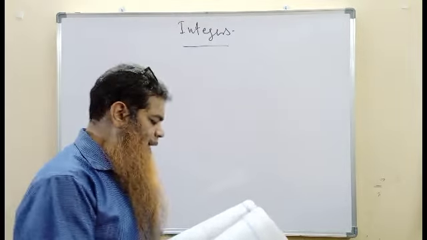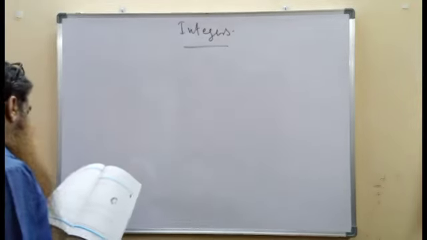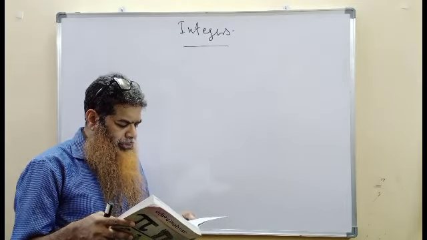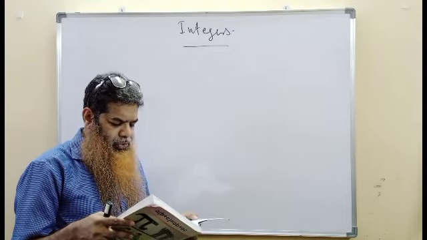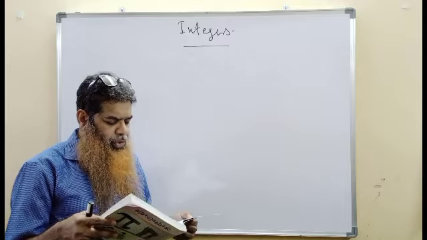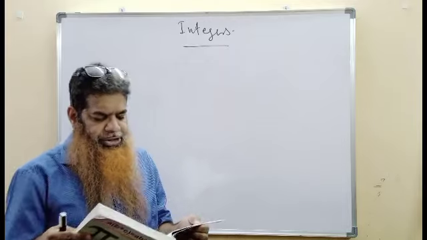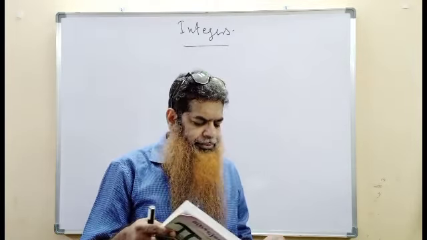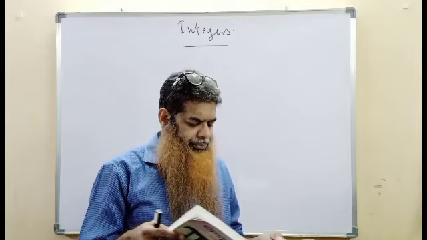Now let us multiply integers. We know that 3 plus 3 plus 3 plus 3 is equal to 4 into 3, that is 4 times 3, is equal to 12. On the number line, this can be seen as 0 to 3, 3 to 6, 6 to 9, 9 to 12. Thus 4 into 3 means 4 jumps each of 3 steps from 0 towards right on the number line, and therefore 4 into 3 is equal to 12.